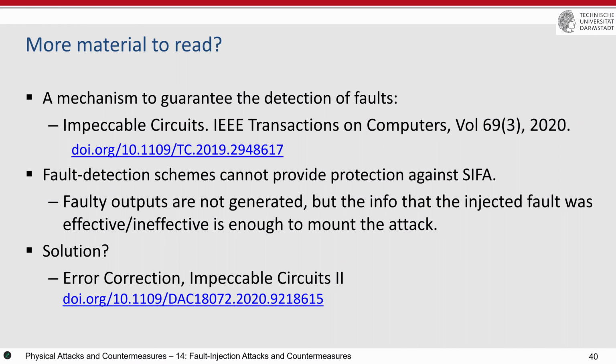One more thing: we have seen protection against side channel attacks, and we have seen protection against fault injection attacks. But if you do all of these things, there are still attacks that are a combination of both active and passive physical attacks. That means you inject the fault and at the same time you measure the power consumption. And none of these countermeasures can provide security against those kinds of attacks. For example, you inject the fault by clock glitch and you measure the power consumption in the next clock cycle. And then there is a facility to